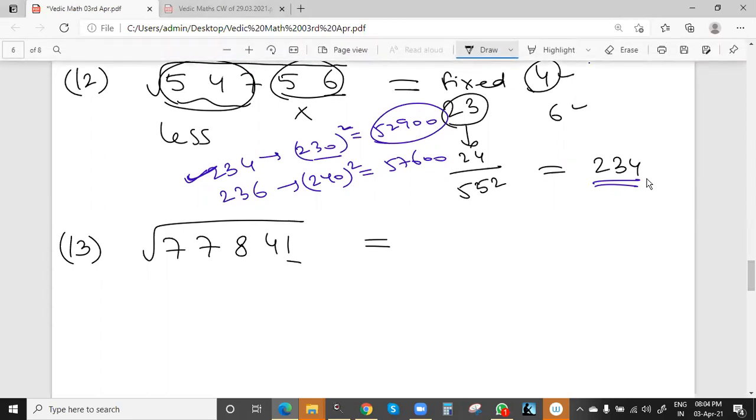So see, 1 is here, 1 can come and 9, because 1 square is 1, 9 square is also 81. We know the last two values, we'll focus on 778. So 27 square is 729 and what is the square of 28? 784. No? 784 is the square of 28. So we'll choose 27 because 27 square is 729, less than 778. 27 is fixed in the tens and hundreds place. For choosing 1 and 9, we will take the value which is nearer to this one. Otherwise, we can multiply with the next value 28, no problem.